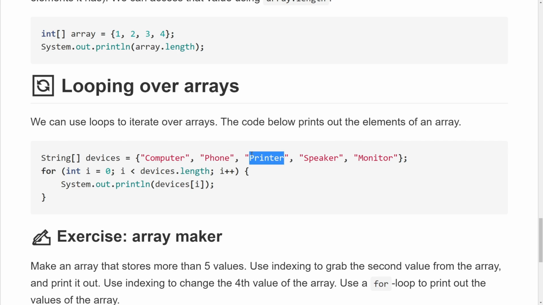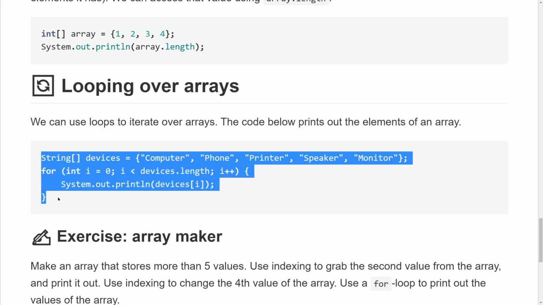So while i is less than 5, the maximum value that i will be inside of this line will be 4. So i will be 0, and then we go up 1, 2, 3, 4. And then after it goes to 5, this is no longer true, so we don't print out devices at index 5. So if we run this program,